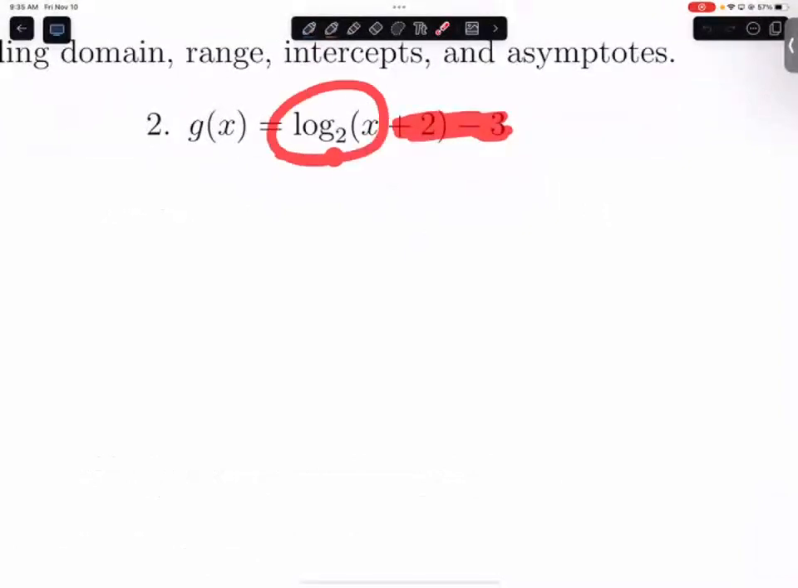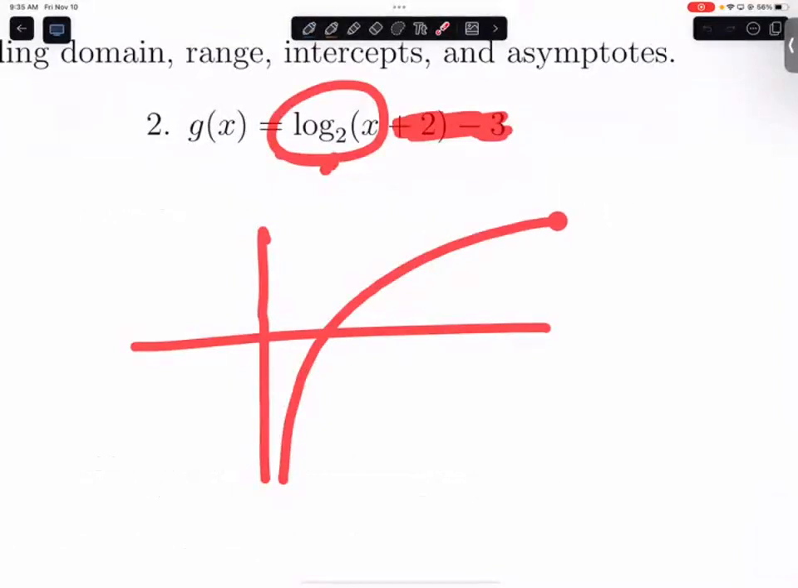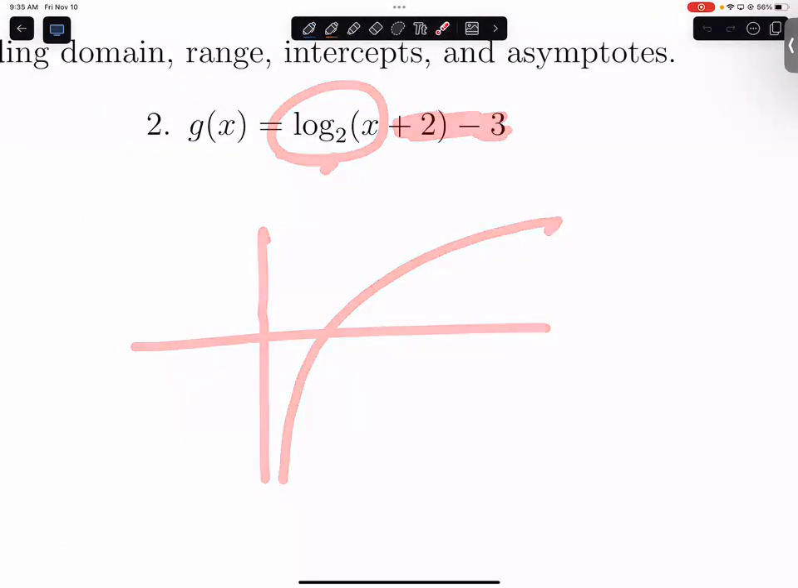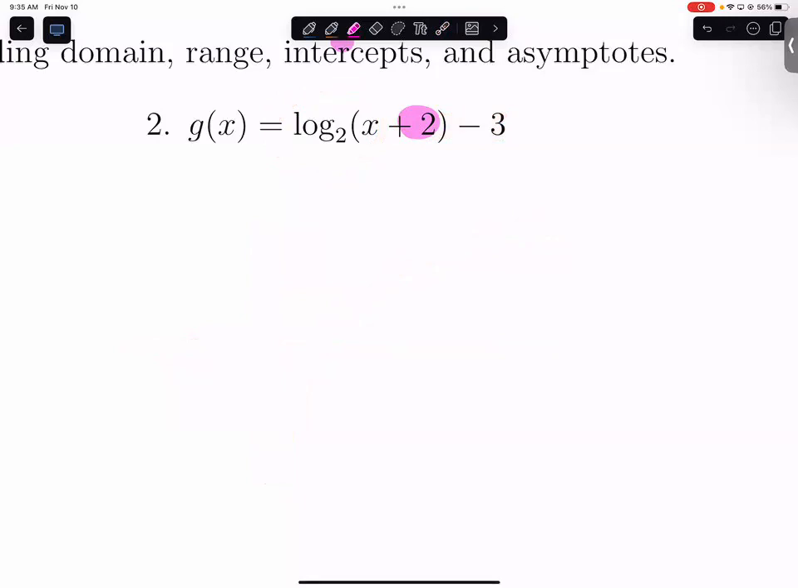What does the log base 2 of x look like? It's a log, so something like that. The base is 2, so it's increasing. So that's the log base 2 of x. Now, what does the plus 2 do? Shifts the whole thing to the left. What about the minus 3? Shifts it down. Okay, so it's a log that's been shifted left 2 and